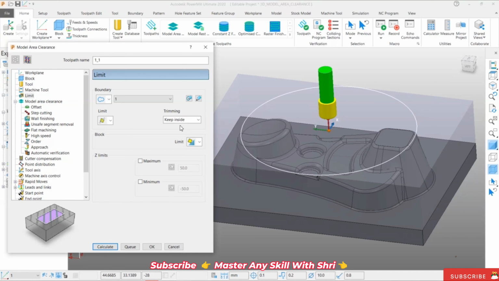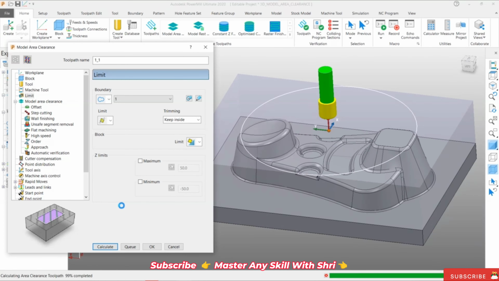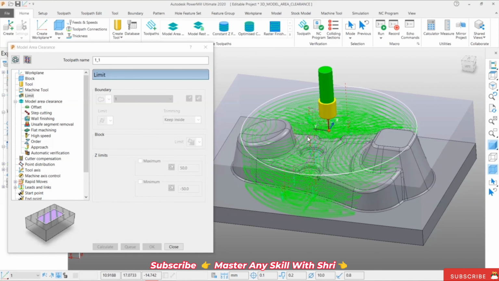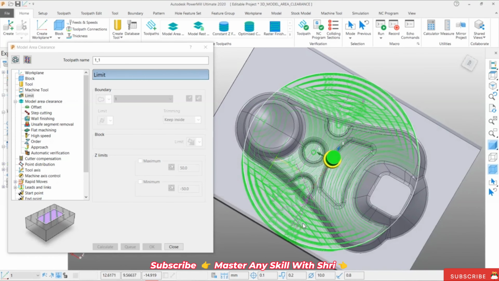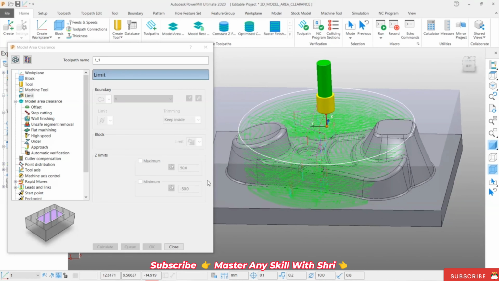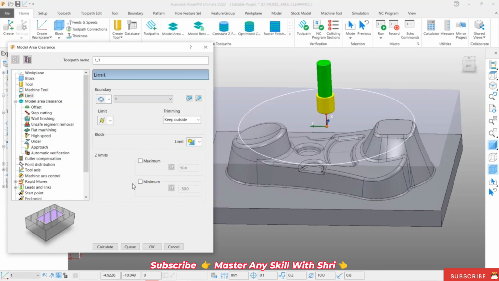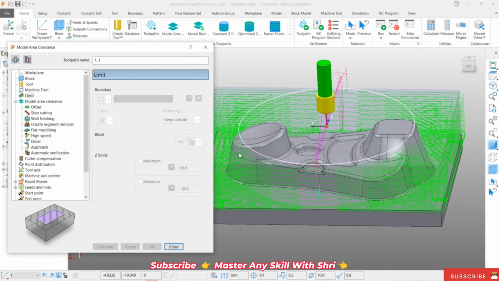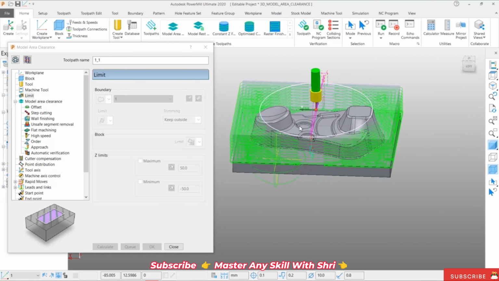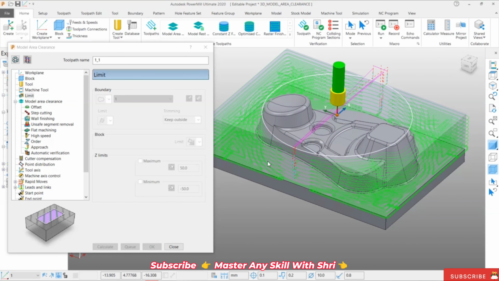And here we have the option keep inside. Now generate. Click over the calculate. Now it will calculate the toolpath, and we will see this one. Okay, see, the toolpath is created inside this boundary only. Okay, and added it, and I want to keep outside and calculate this. The toolpath will generate outside of this limit. Okay, added this, and